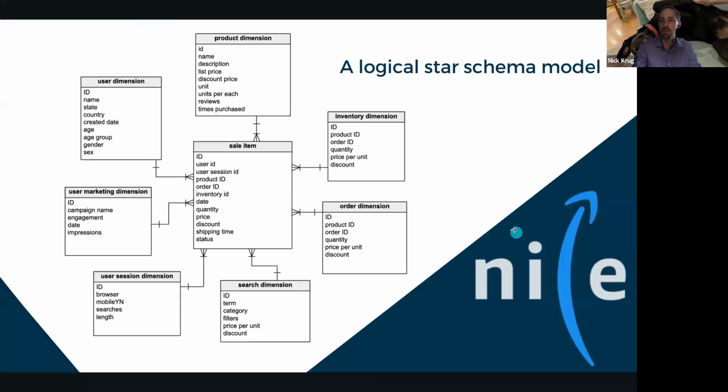So if we look at what a logical star schema model looks like, going back to Nile, we can see that we have our sale item table, and it's got a bunch of other ID columns that are each referencing out to one of these dimension tables. And we need to make sure that